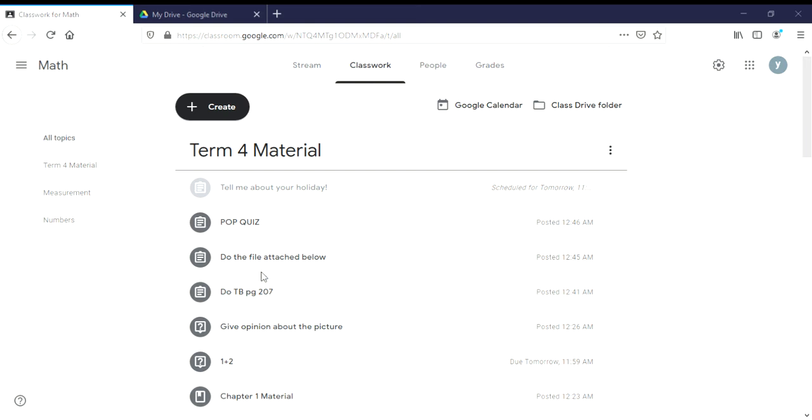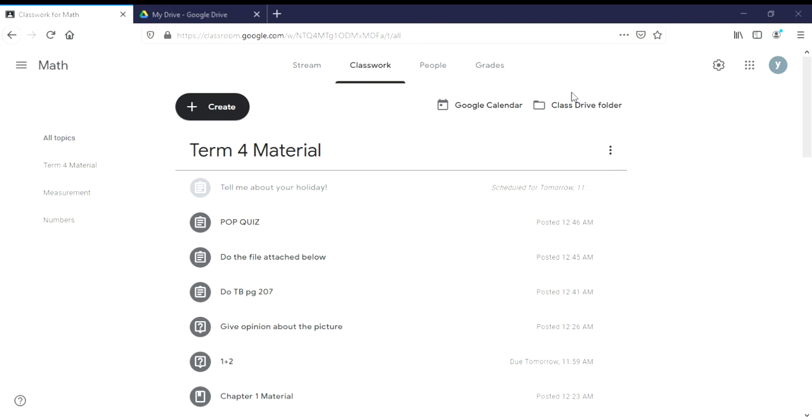And then there is another question, give opinion about the picture. You see that the file is attached here, but they can type their answer here. After they answer it, they can turn it in. And just now we allowed them to edit, right? Oh, do we allow them to edit? Oh, I don't think we allowed them to edit.